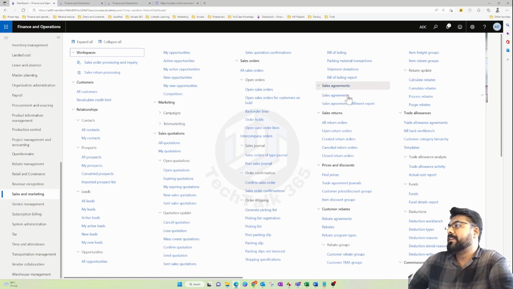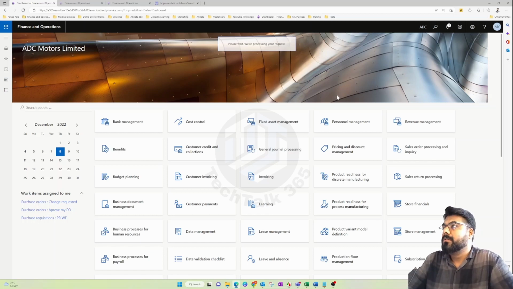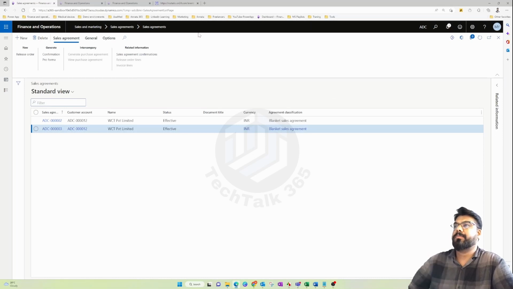So for the sales agreement, click on sales agreement. It's quite similar to other document creation like a sales order or purchase order.